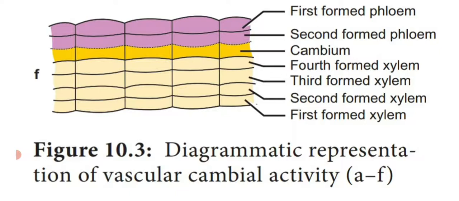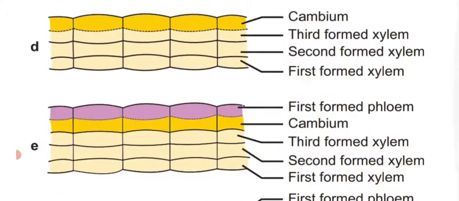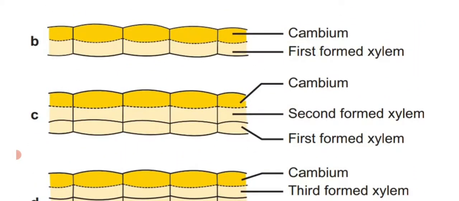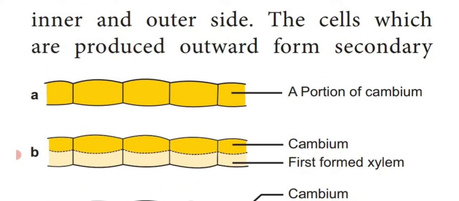Xylem is always produced layer by layer on the inner side, and the phloem components are produced on the outer side. So this diagram shows how secondary xylem and phloem are produced from the vascular cambium. The cells which are produced outward form the